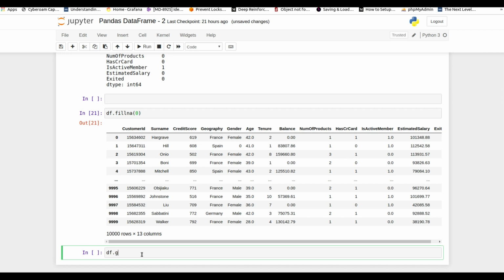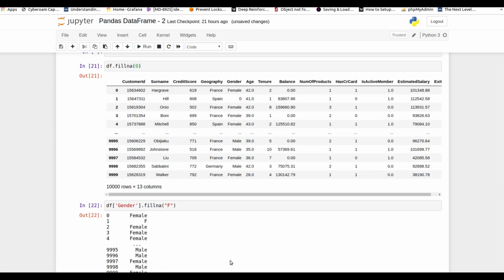df.gender, and now I'm performing the fillna function on it, and I'm replacing the NaN values with female. Let me first fill it with some other value so you can understand.